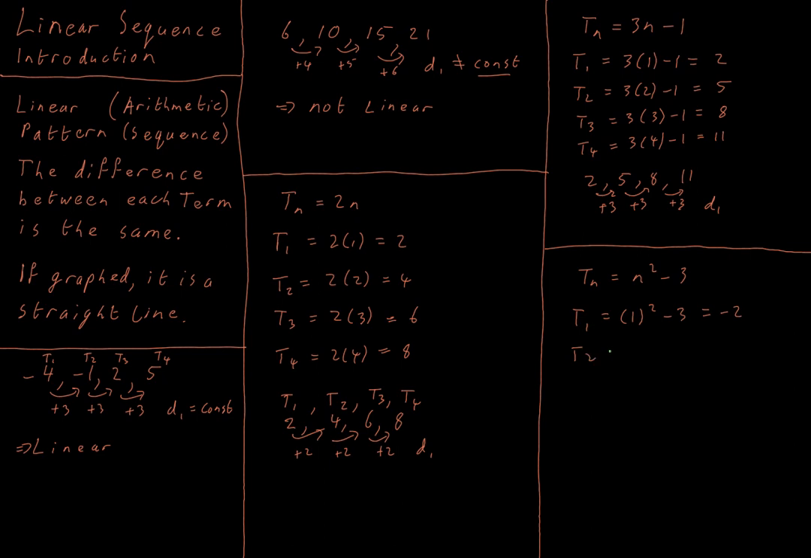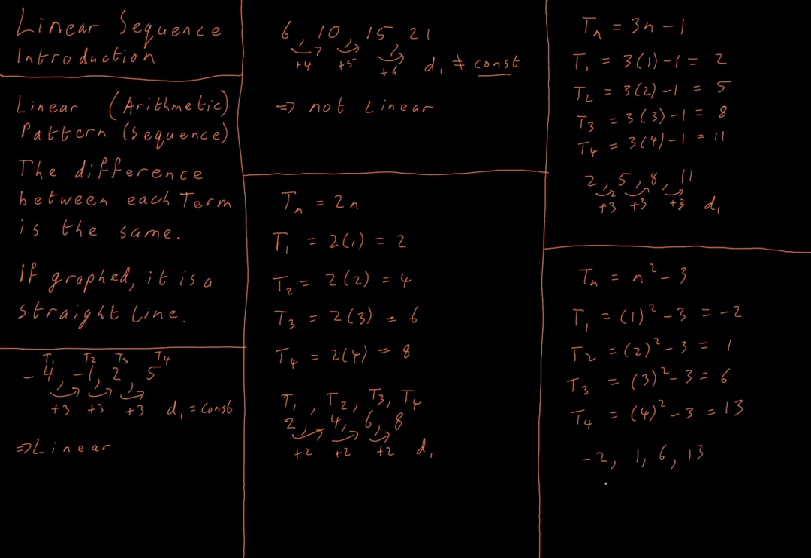So we get our T2 and our T3 and our T4, 4 squared minus 3 is going to be 13. So when we've done that, we write out our